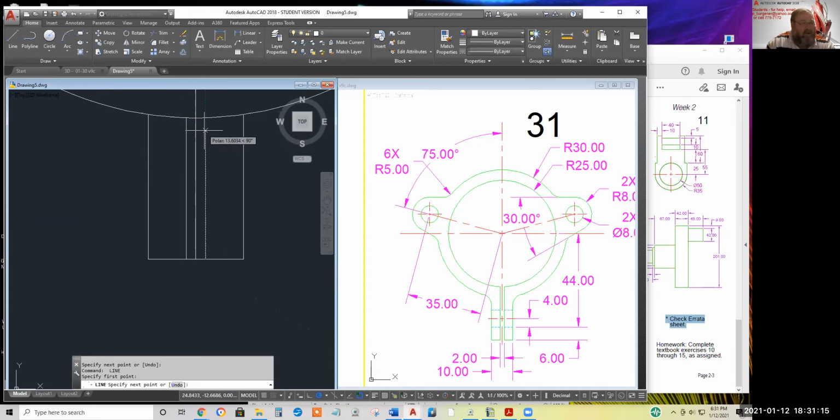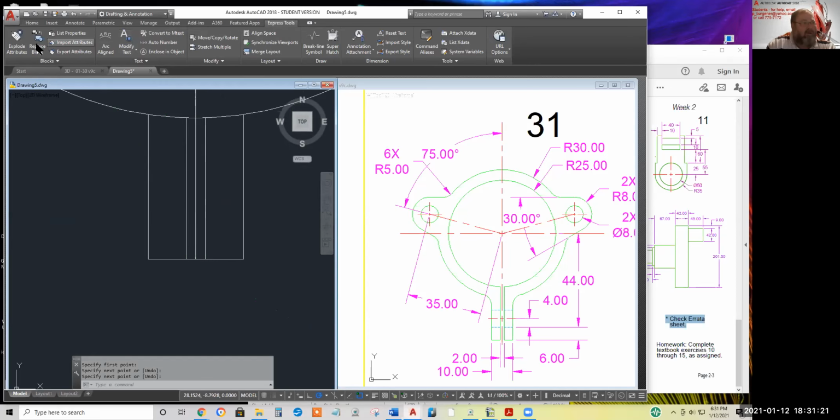Enter. Hopefully I'll get, there is an overkill command in the Express Tools. I thought there was. Hate it when this happens. Maybe I'm thinking of an add-on program, but I've heard of a command called overkill that eliminates lines that are on top of lines to reduce the file. Anyway, we'll